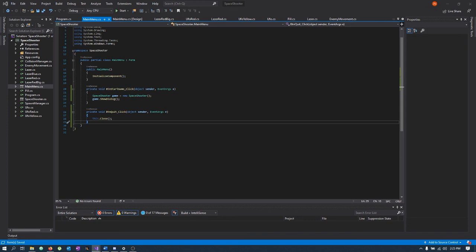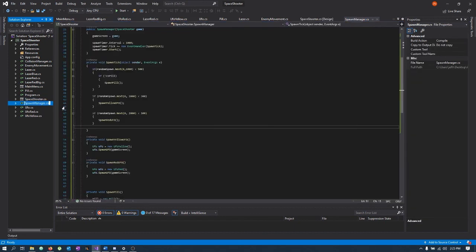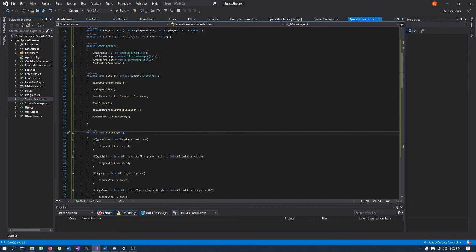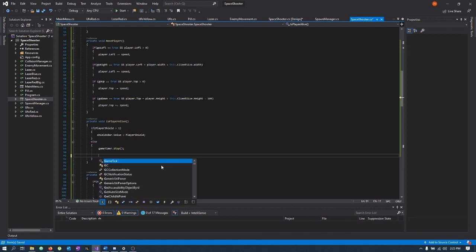Yeah, scores done. So we'll head back to the shooter class quickly. Sorry guys, it's pretty early in this one. Oops, that's not what I want. View code. So I've got the movement sorted, got the input. So pretty much, yeah, we need to add this. So if the game is over, we need to first of all,